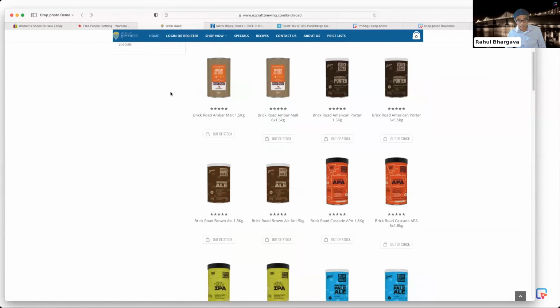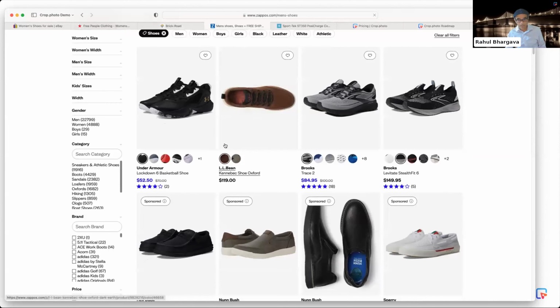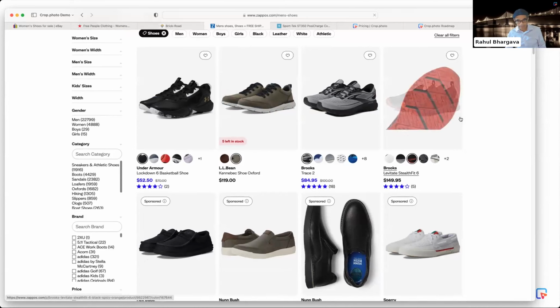Here's another example. This retailer selling craft beer needs to have flat lay images of bottles cropped to exact same height and width and fit into the same aspect ratio, and essentially have the ability to align them at the same level. That's easily done with AI. Here's a shoe store that needs to have all the shoe imagery aligned roughly at the same level and also have similar drop shadows, and AI has no problem handling that.